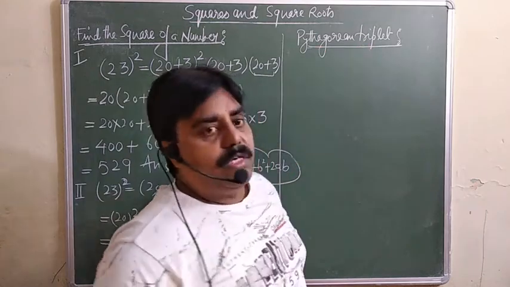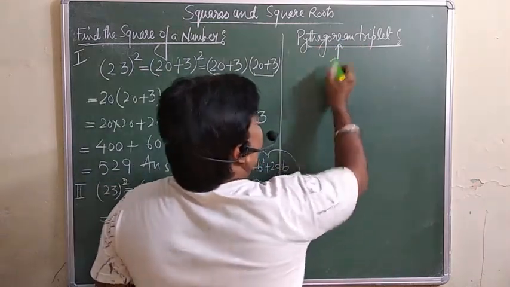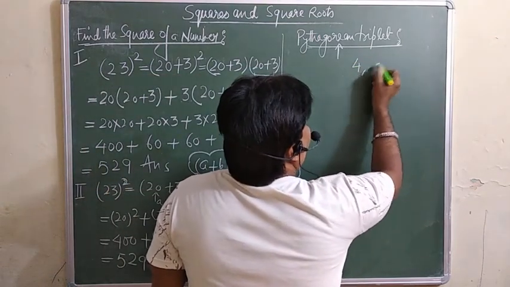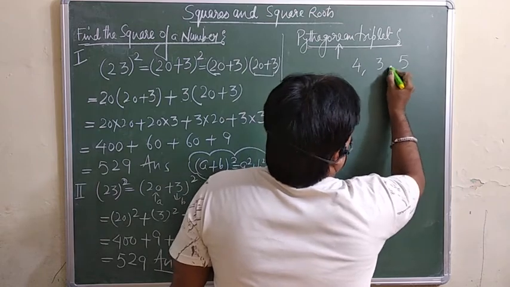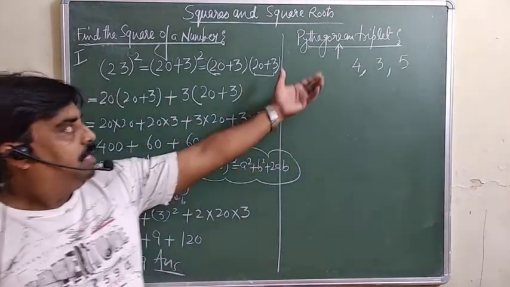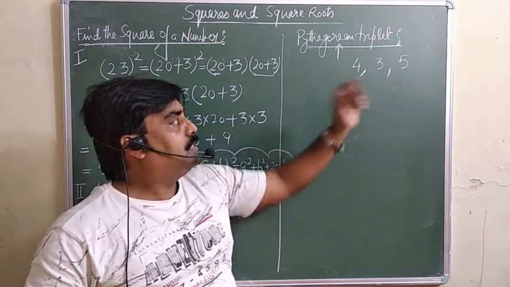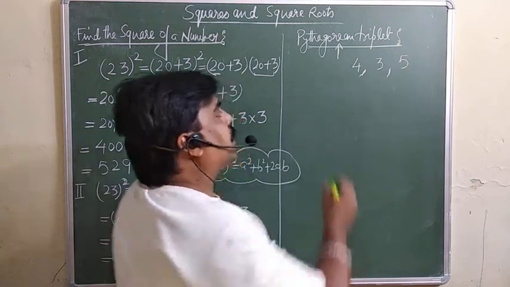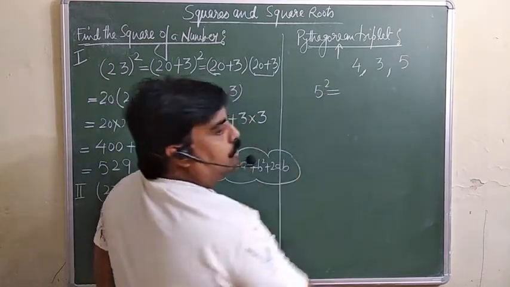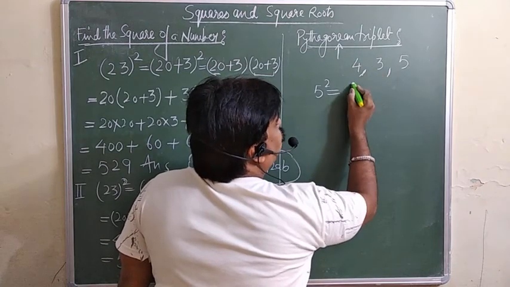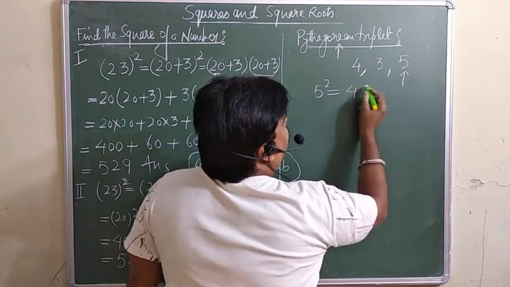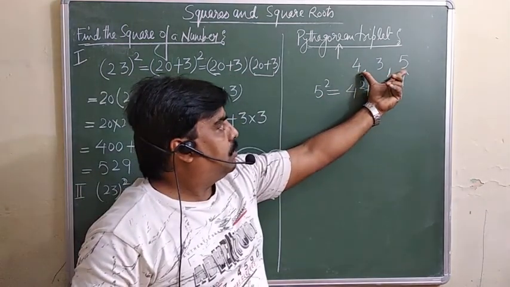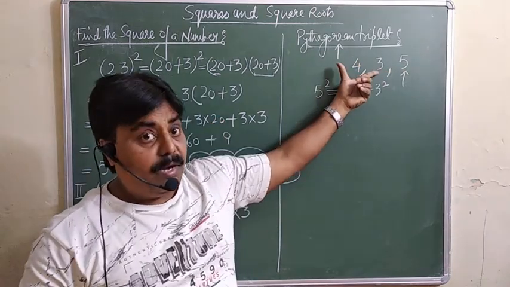Now next is the Pythagorean triplet. So first of all we will try to understand Pythagorean triplet होता क्या है. Any three numbers are there. For example, suppose I am taking the number 4, 3 and 5. If I am saying these three numbers follow the Pythagorean triplet. Pythagorean triplet means जो भी ये नंबर दे रखे हैं उसमें सबसे बड़े नंबर का सबसे ग्रेटेस्ट नंबर का स्क्वायर, if it comes equal to the sum of the squares of the other two numbers, सबसे बड़े नंबर का स्क्वायर अदर टू नंबर के स्क्वायर के सम के बराबर आता है. Then you can say the numbers are in Pythagorean triplet.